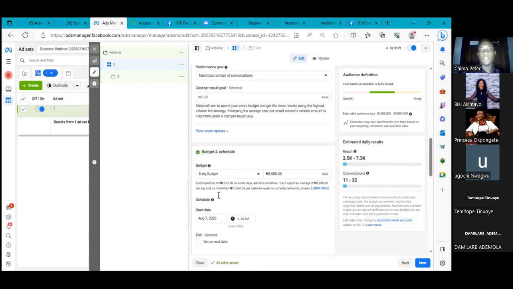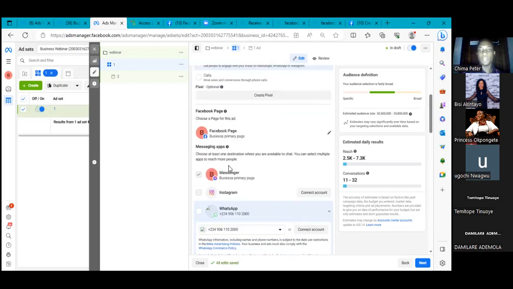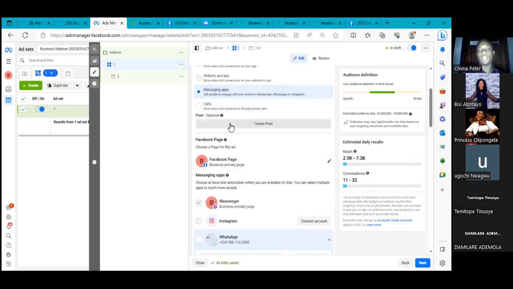So I'll show you that. Okay, optimization events. I'll tell you why later on. Then our pixel. If you have just created your pixel, if there was a pixel already,